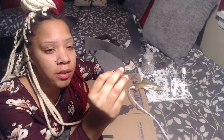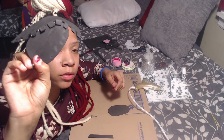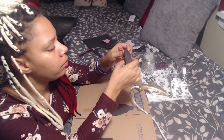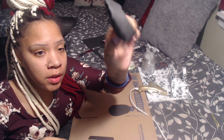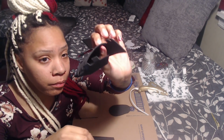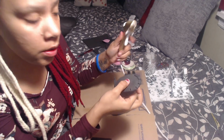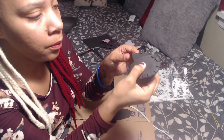Okay, so as you can see, the shoe is starting to take shape, and all of your little things are going to go on the bottom. So you're just going to continue working your way all the way around the shoe. Alright, as you can see, I am almost done. That is what it's looking like. That is the bottom. Can you see the edges that are about to meet up? Alright, I want to go ahead and do the rest of these little ones on camera so that you guys can see. Just a little bit of glue,